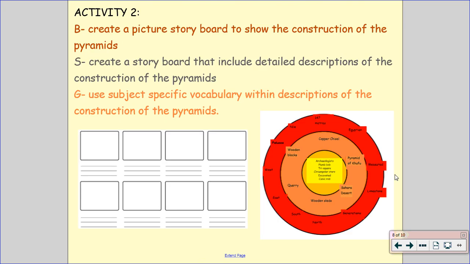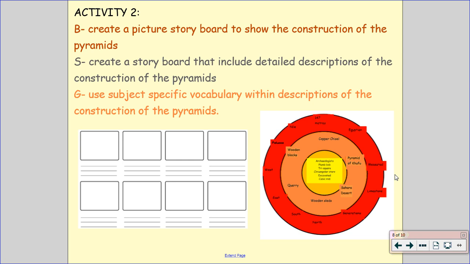Okay, so this leads me on to what you guys are going to do now. So essentially, you're going to be creating storyboards, almost like a comic strip, for the construction of the pyramids. So bronze, you're just going to be concentrating on drawing pictures to show the different points, or the different parts of the construction. Now, it might be worth all of you going through your notes and thinking, right, what are the most important steps here for making the pyramid? You could go back and have a little look at the clips as well. Break it down into maybe 6 or 8 really important parts to make the pyramid. And bronze, you're just going to concentrate on drawing pictures.